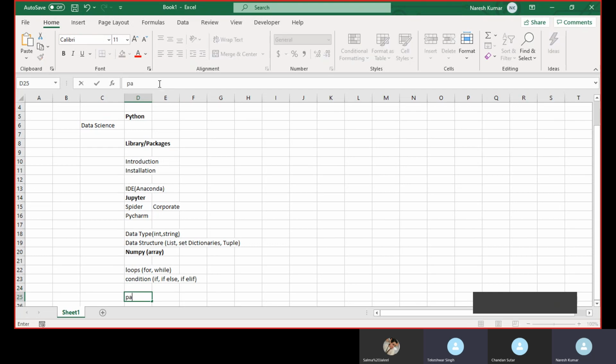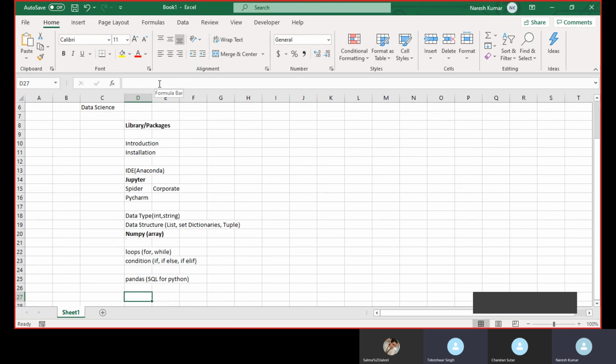And then we have the Pandas package. Okay, so Pandas is something like SQL for Python. Okay, how we retrieve and manipulate the data with the help of databases, right? Whether it is Oracle or SQL Server or any sort of database, the same manipulation you can do with the help of Pandas in Python.